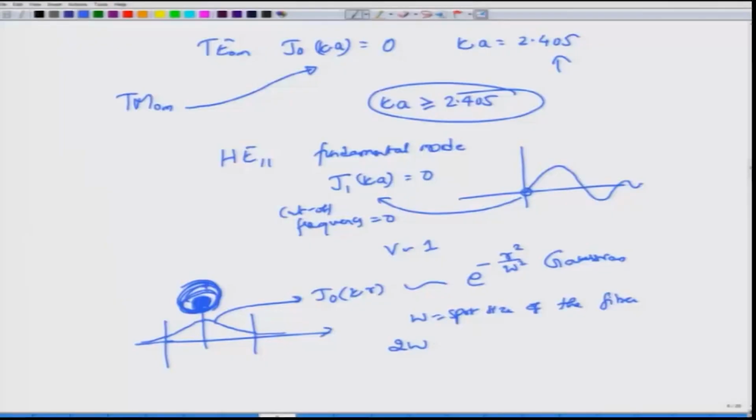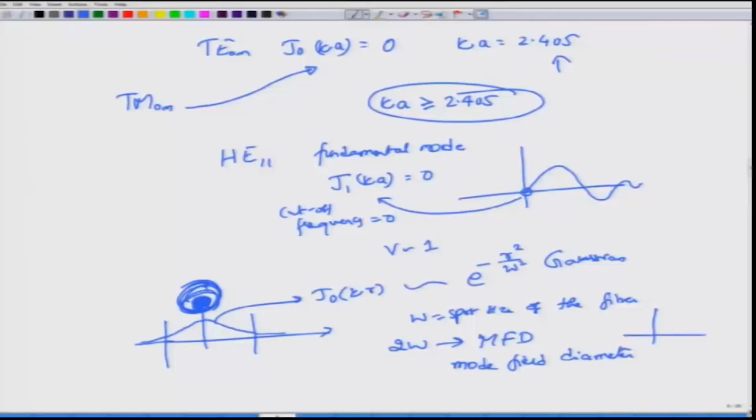Twice the value of spot size is what we call the mode field diameter. And when you match two fibers, this mode field diameter must be matched as accurately as possible, otherwise you will have a lot of problems. Interestingly, this mode field diameter depends on the V number of the particular mode that is propagating. At least for the fundamental mode, the V number has to be very close to 2